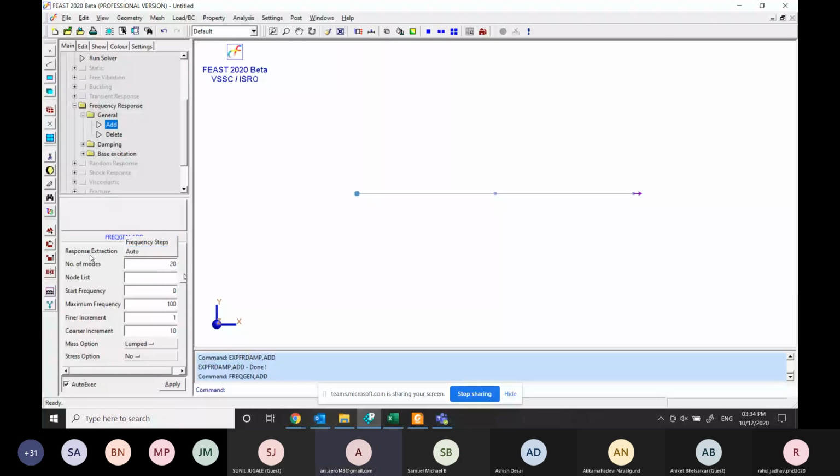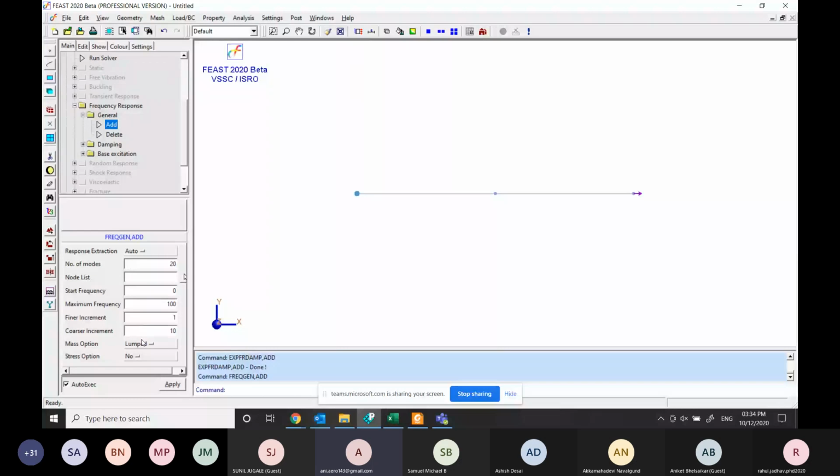Response extraction is the default, auto, and some frequency steps. If you are interested to calculate the response in some frequency steps, you can select this option, or else you can keep it on mode. So the software will calculate the response based on the rest of the inputs. We'll see what the rest of the inputs are.